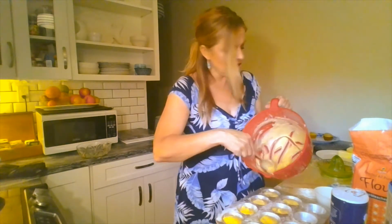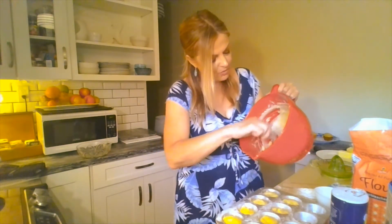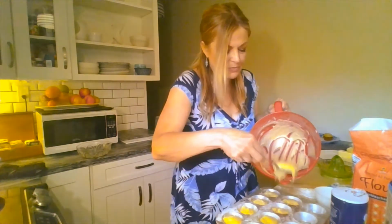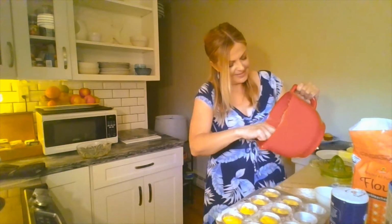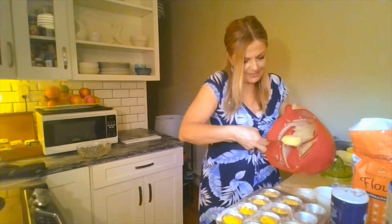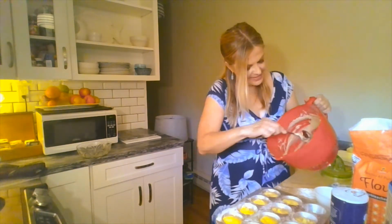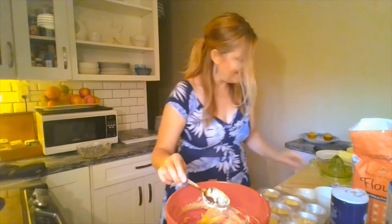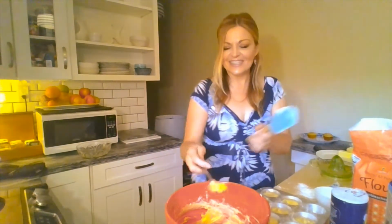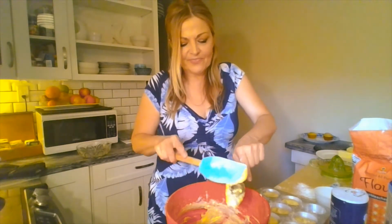If you have a spatula, it's a great idea to scrape the pan out. But if you don't, you can just use a big old spoon like I am. And spoon in all of your cupcake mix into your cupcake tin. Now see, we've got some left over. I'm going to show you the magic of the spatula. Here it is. So with the spatula, you can scrape off your spoon